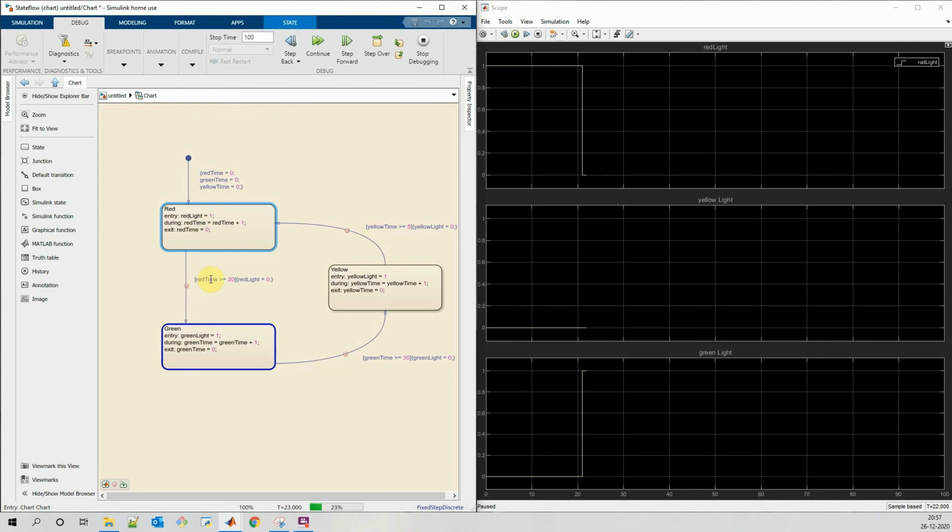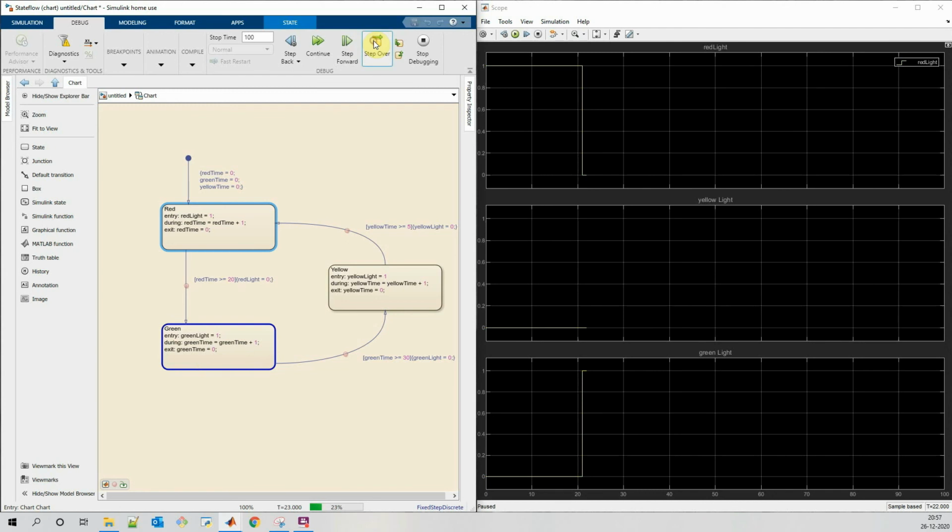If exit condition is false, then only it will run whatever is written in during. When exit condition is true, it will execute the action written on the exit transition line, and after that it will execute the action written in exit of the previous state before entering into new state.